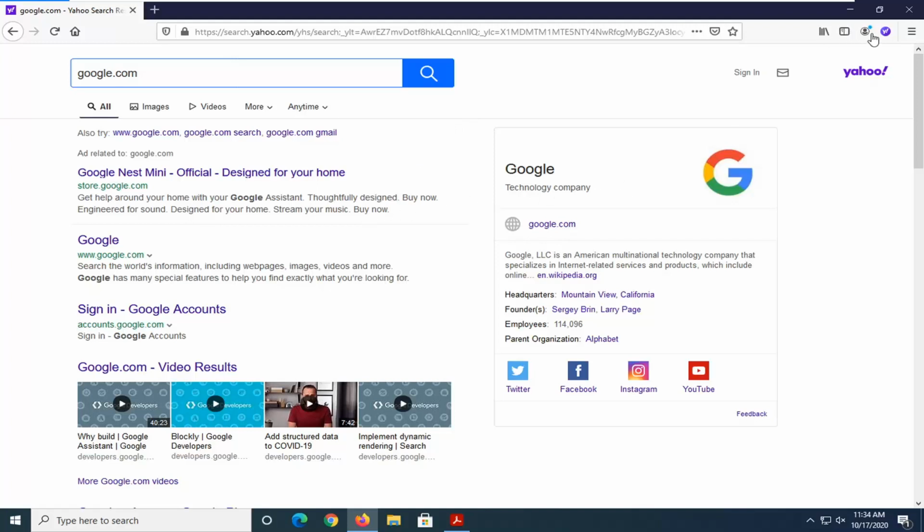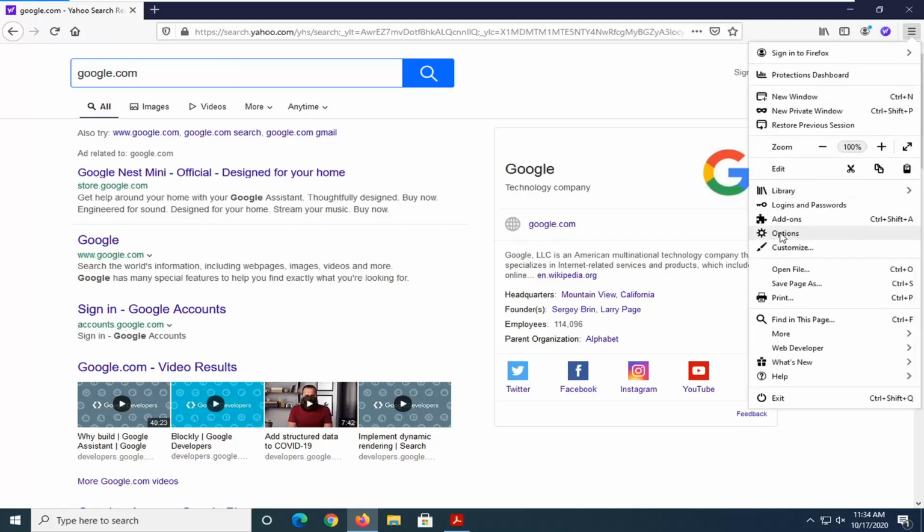So we're going to start just by, if you see an extension up in the top right corner of the browser screen, you can right click on it and then just select remove extension. This would be the Yahoo search extension. Alternatively, you can select the menu icon if you don't see this, and then just select options,